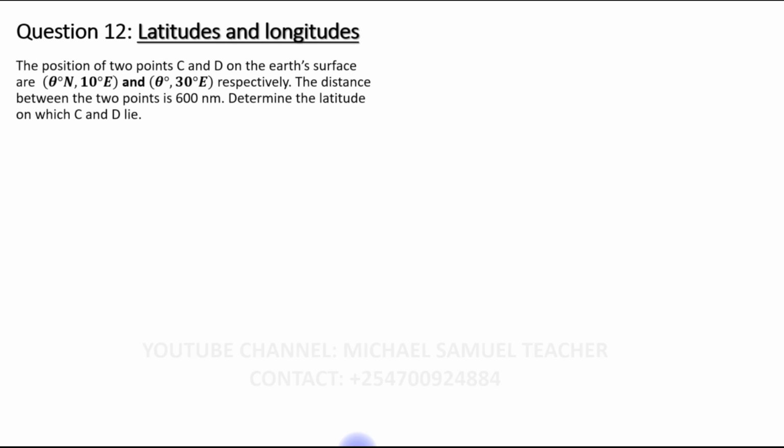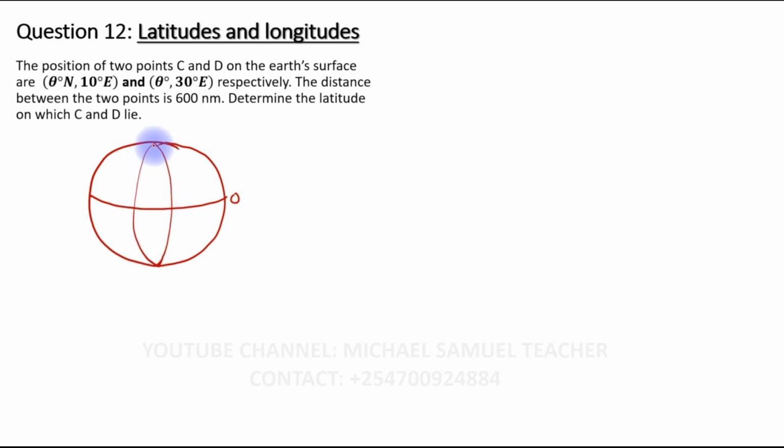Now, the first thing, just allow me to make a sketch of this, though it is not necessary if you have mastered the globe, but let me draw it. So this is a globe, and therefore we have the equator, 0 degrees, and I've been given 2 positions. Let me take this as the Greenwich meridian, 0 degrees, and therefore we have another one which is 10 degrees east, and also another one which is 30 degrees east,